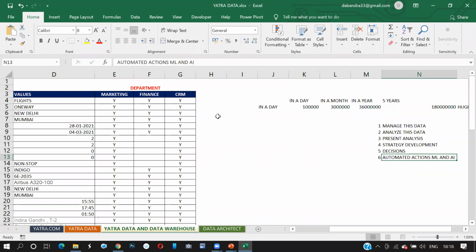The moment you go to yatra.com and try to book the ticket, a timer will come through, saying book the ticket within 9 minutes. Otherwise, you will also get a call saying, sir, we can see you came to our payment gateway, but you're not making the payment. Can I help you out? Somebody will try to reach out. How do they get that information? How is this trigger created? This is all through ML and AI.